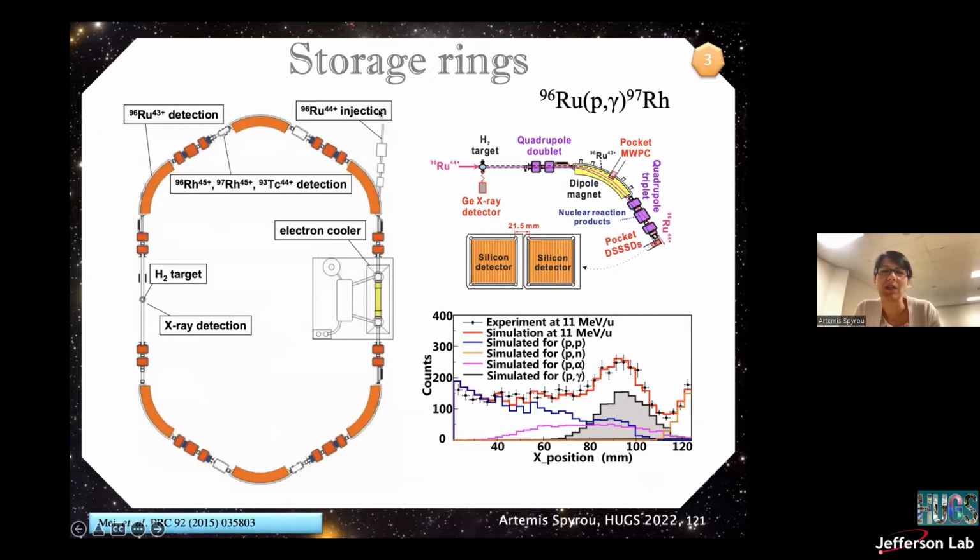And in a typical experiment, when your ruthenium-96 goes through and interacts with the target, it tries once. And if it missed and no reaction happened, then that's it. You missed your chance, the beam goes away, it's thrown away, and you have nothing else to do with that beam. But with a storage ring, that ruthenium-96 will go around the ring 1,000,000 times every second, which means that